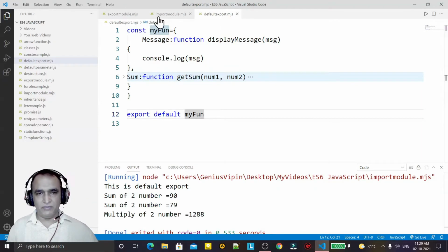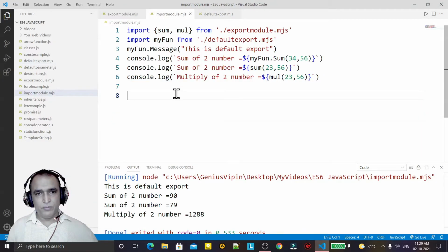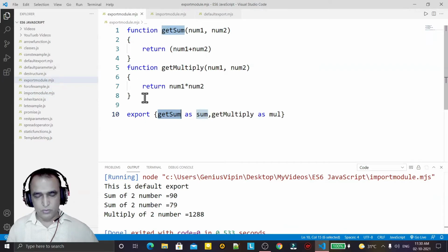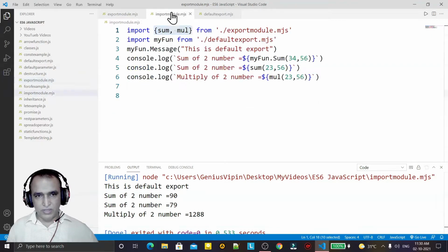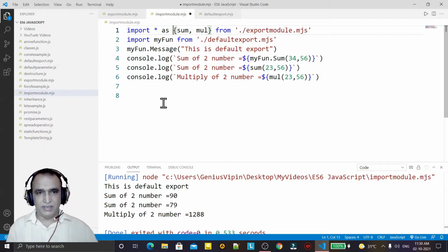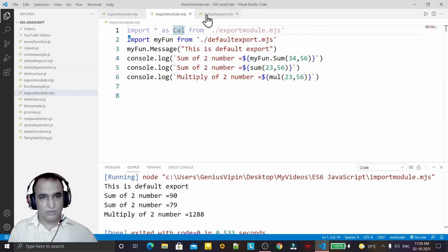One more thing I want to discuss here while importing. If this file has so many functions, I have to write so many functions at import time. So I can do it like this: I just write star as, and I say cal, meaning calculator. I save it.